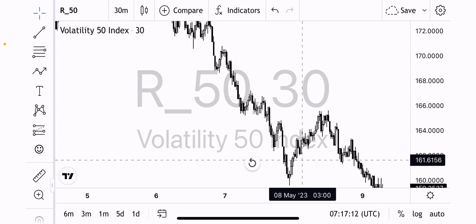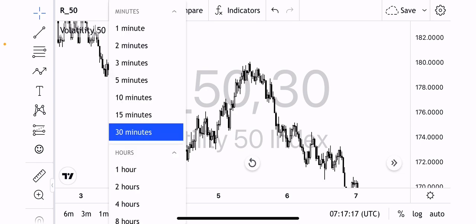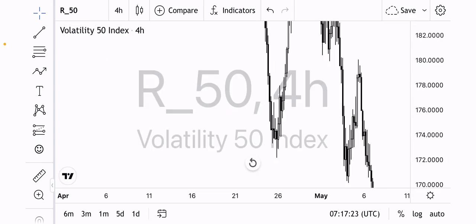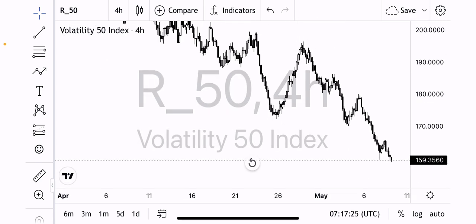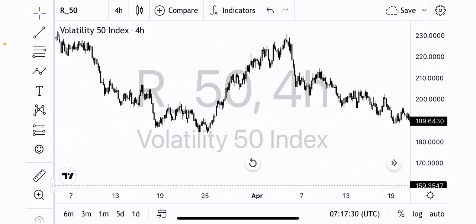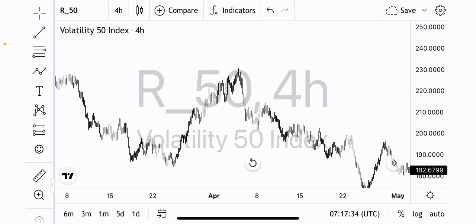Let me look for a perfect example for us, which I can get on the 4 hours time frame. The 30 minutes and the lower time frames have a whole lot of noise. Okay, I think this is a perfect example for this. Now, guys,